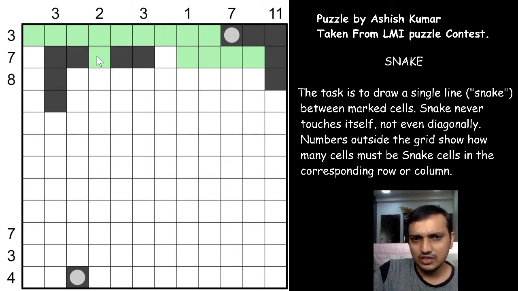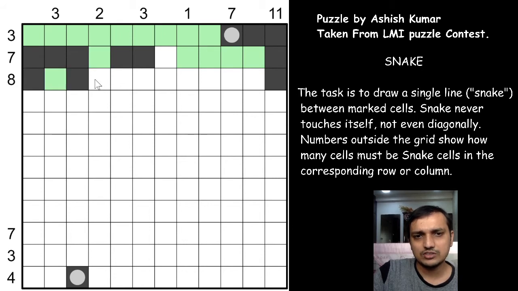So if this is a snake cell, you have one already fulfilled and the other to be fulfilled. Either these both points will go towards the right and have 3 snake cells, or these both points will meet and only have one snake cell for the 2, right? So this is a non-snake cell. Let us unshade this and continue the puzzle.